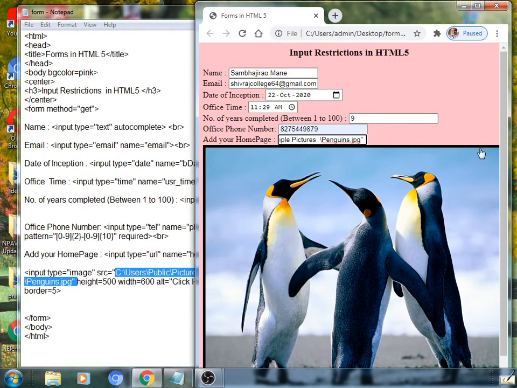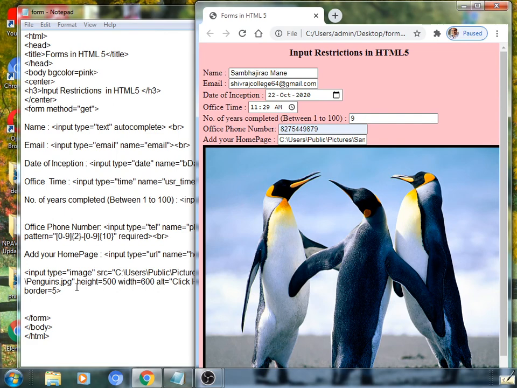I have given here the address like this. C drive, users, public, pictures, sample pictures. Within that, a penguins.jpg file is there, which is displayed just below this field here. This one is a different field.